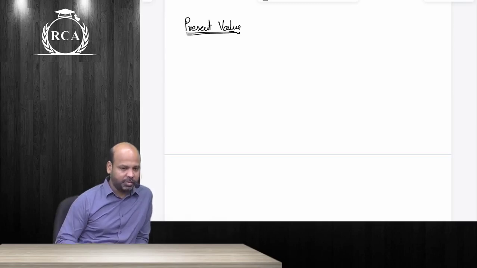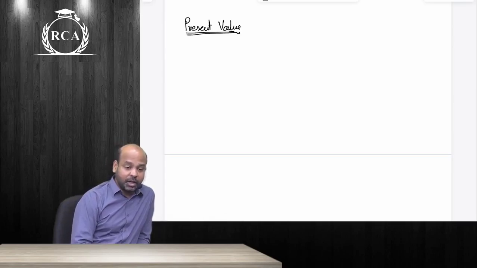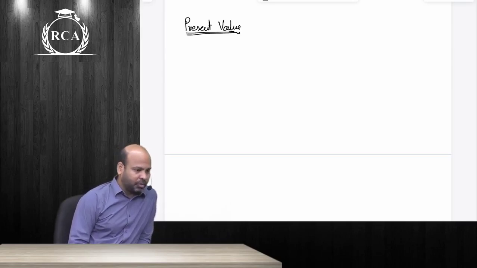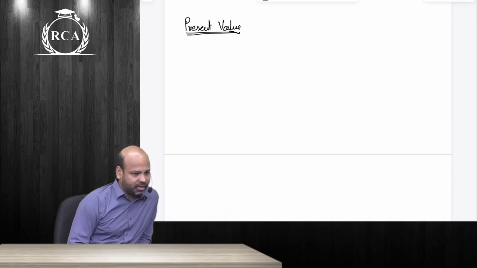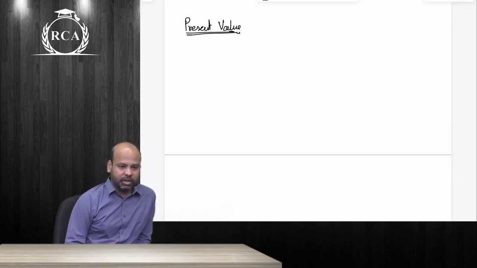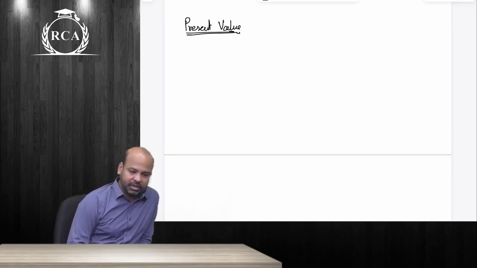Just say someone told me 20 years later as such beta, we made those calculations. Someone told me 20 years later as such guys, if I build a corpus of 20 crore rupees as such guys, that will be as good as about 5 crore rupees today. Nothing else. The quantity of goods that I'll be able to buy as such guys with a corpus of 20 crore rupees after 20 years will be exactly the same beta as 5 crores today. Nothing more than that, or in fact lesser than that as well as such guys.